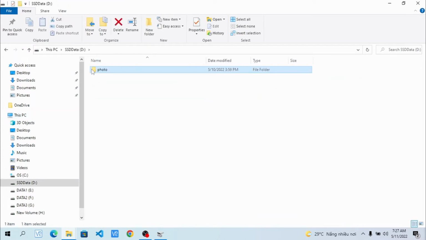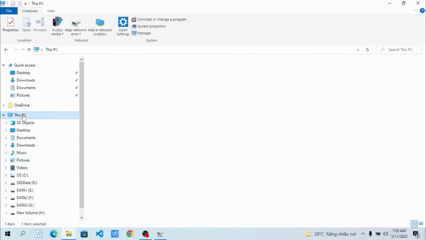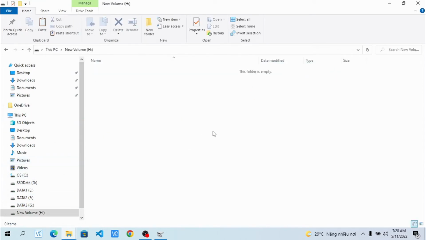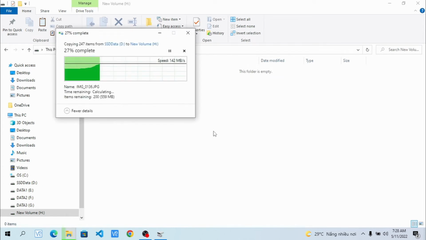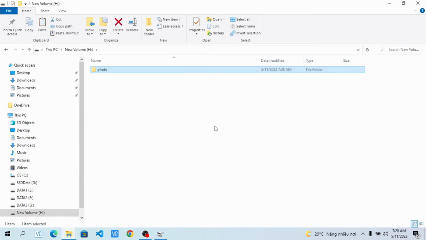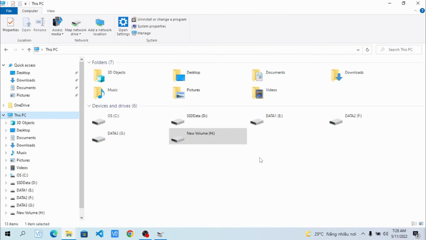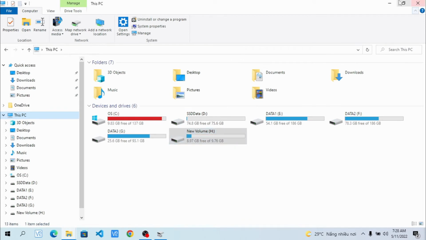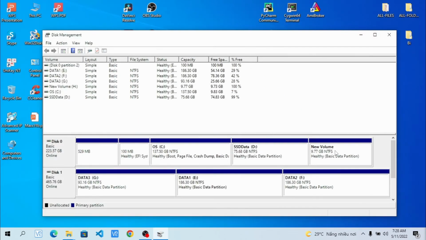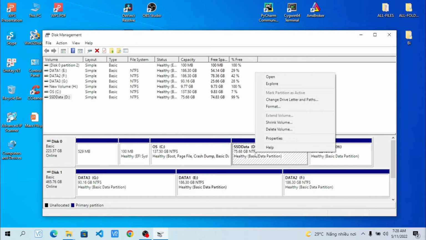And now we back up the data from drive D to drive H. Just copy and paste data from drive D to drive H. And now we have backed up all data to drive H. Now we come back to Disk Management. We select drive D and